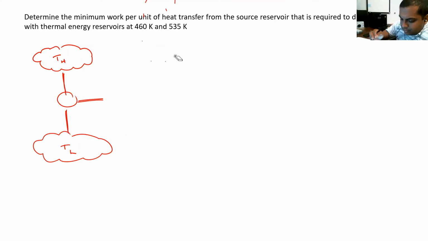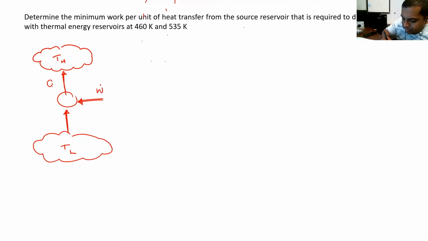Now in this case, we are talking about a heat pump. Okay. Now in a heat pump, we are pumping the heat in the opposite direction to the spontaneous direction. Now for a heat engine, I'm not going to draw it here, but when you have a heat engine, we use the spontaneous flow of the heat to get some work out of it. Heat pump is the reverse of it, right? So we are pumping heat from the low temperature reservoir to the high temperature reservoir. And to do that, we need some work input.